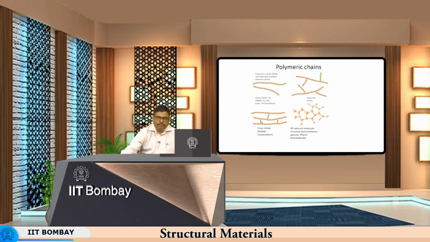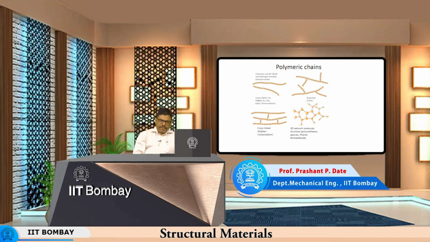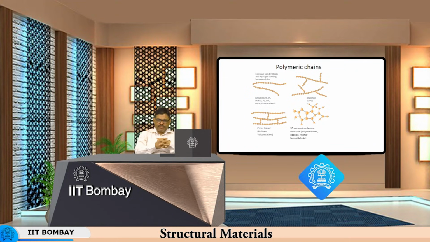So I think I have given you a fair idea about how the polymers derive their strength. They derive it from a chain-like arrangement, the disposition of these chains relative to each other, and the configuration of a single chain, whether it is branched, whether it is curled over each other, whether it is cross-linked. So it all depends upon how the polymer chains are configured, and the strength comes from there.